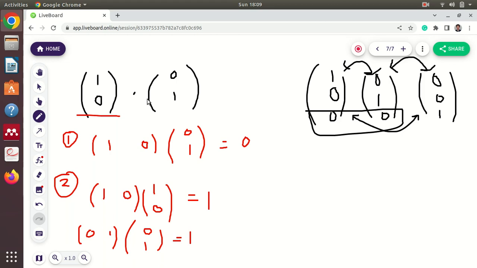Therefore they are basis vectors. Similarly, in 3 dimensions also you can do the same. You can see the 3 vectors are orthogonal to each other and they are also normalized, and therefore they can form a set of basis vectors. But sometimes what happens, I will give you one example